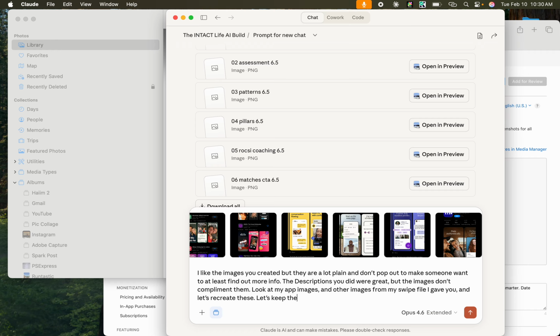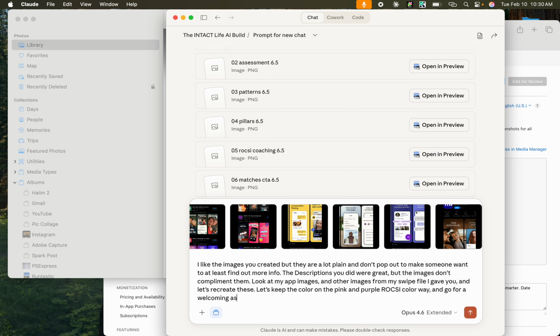Let's keep the color on the pink and purple ROCSI colorway, and go for a welcoming aesthetic. I think I'm spelling that wrong.